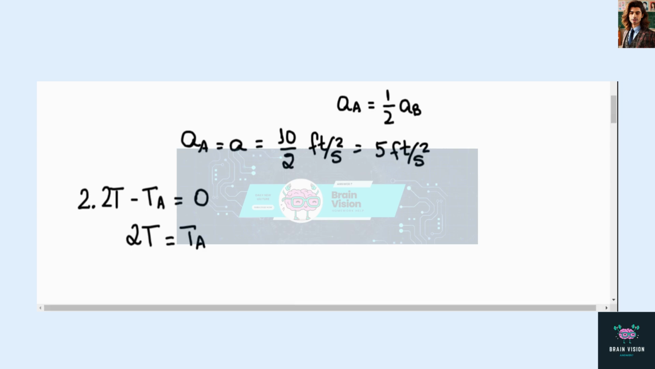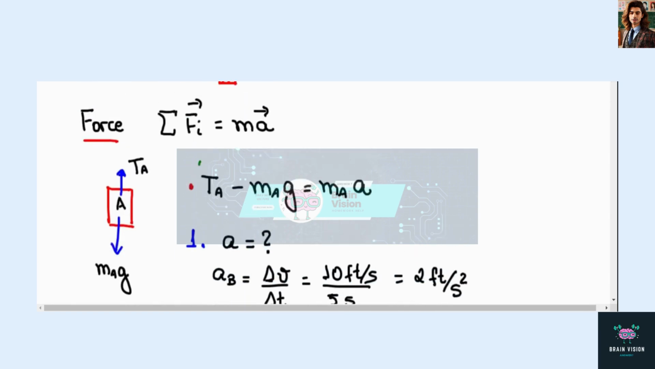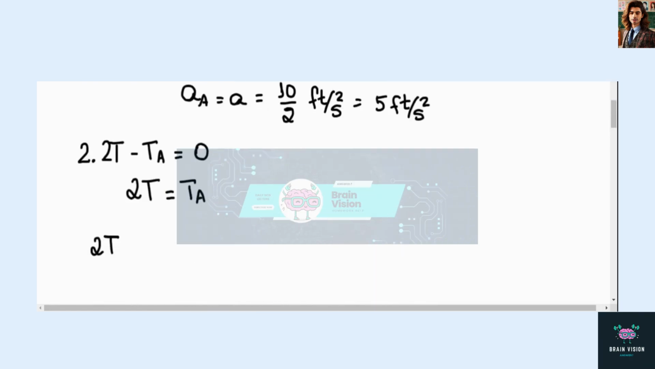So now we are in a position to solve our exercise. Let's go back to this equation here and substitute all we know into it. So first we know that TA is 2T. So I have 2T. Second, mA is 4 pounds. So I have 4 pounds times the acceleration of gravity, which is 32.2 feet per second squared. And this is equal to the mass, which is 4 pounds, times the acceleration,